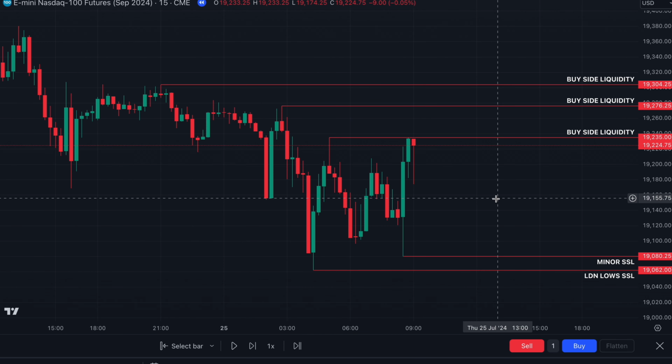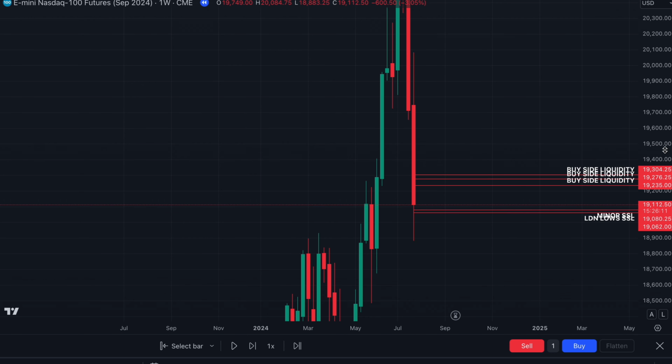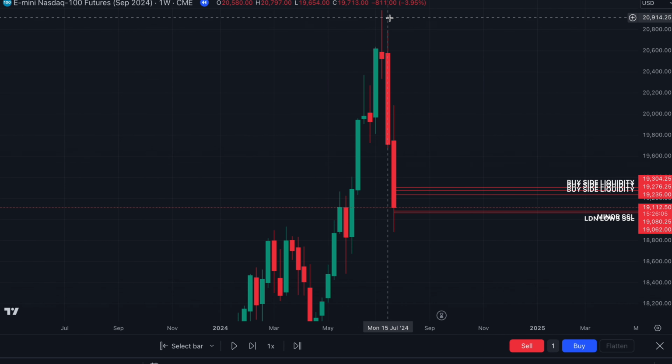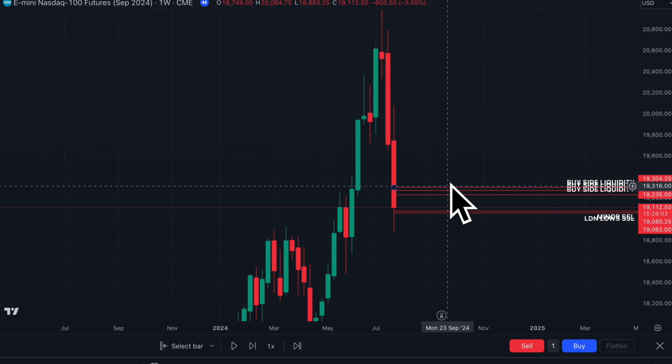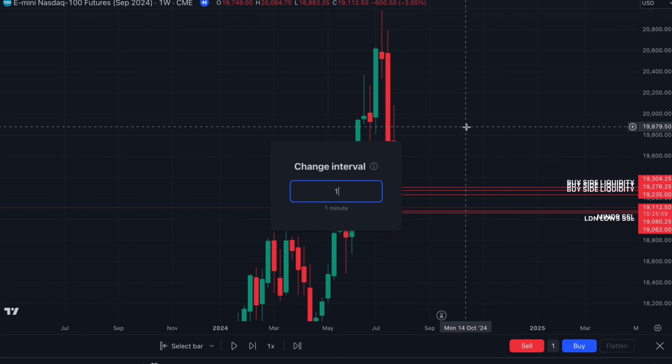So now we've marked out the key levels on the 15-minute time frame. We're going to head over to the weekly time frame because I want to show you something that I have seen. Going into this session, I saw that we had taken out this previous swing high and we have a bearish unicorn on the weekly time frame. So that's leading us more to a bearish bias going over the next few weeks.